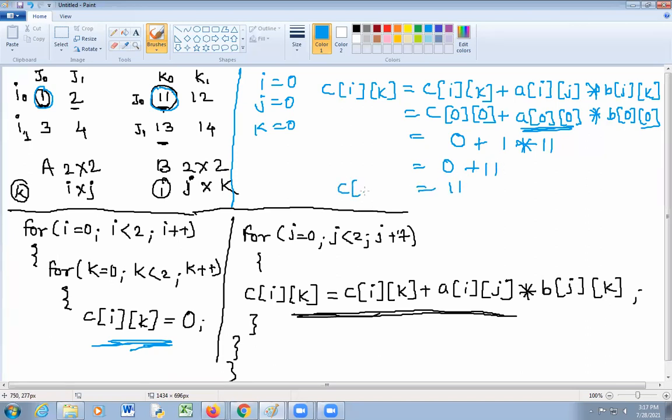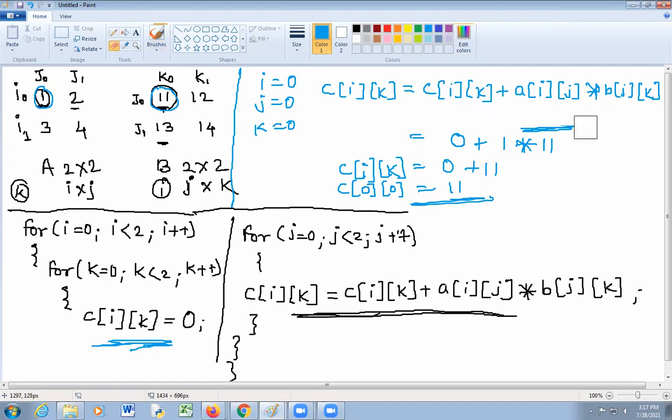So C of ik, that is C of 0 0, is equal to 11. इथपर्यंत समजलंय? काय प्रॉब्लेम आहे? Have any doubt? No, sir. Okay. Then next, I will erase this part. Okay, C of ik is equal to 11.